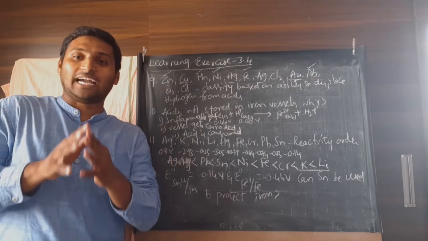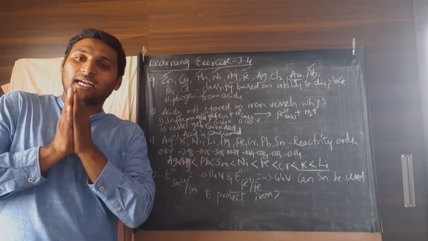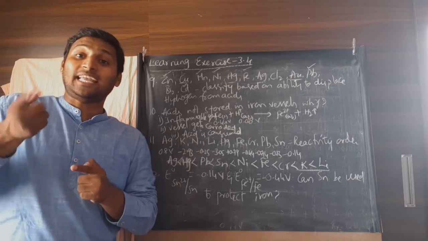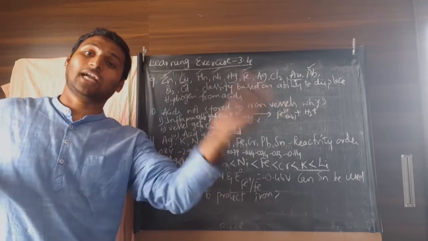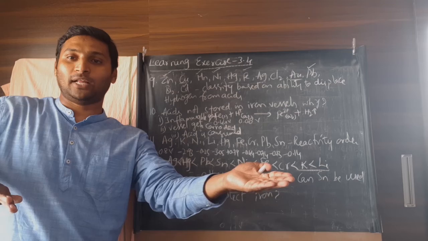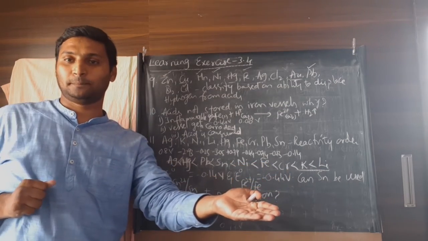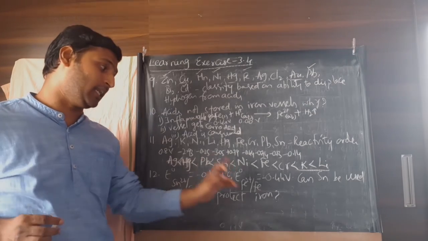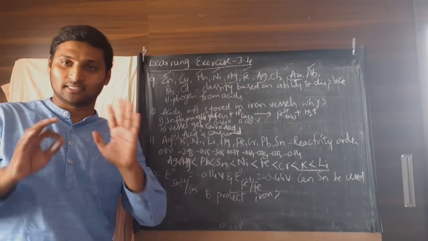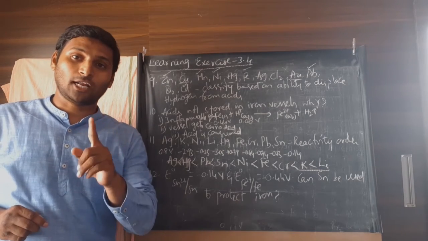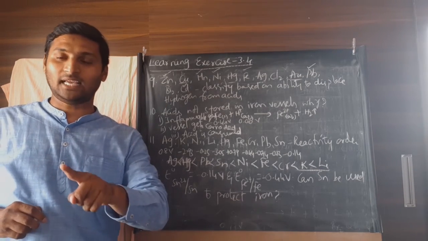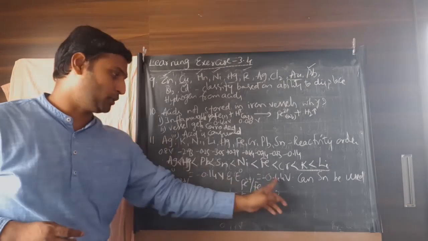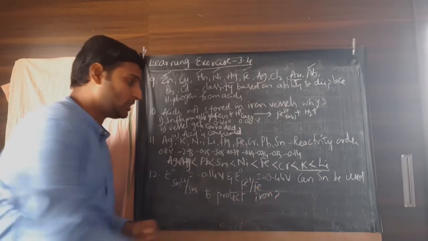So that is called sacrificial protection, because iron undergoes rusting because of its tendency to oxidize and form ferrous ions. If on behalf of iron someone else can undergo oxidation so that iron can be protected, then it is called sacrificial protection. That way, can tin sacrifice itself to undergo oxidation instead of iron and protect iron? That is the question. Now, to undergo oxidation more readily than a given element, this element should have lower potential. Compare the potentials. Who is having lower potential?